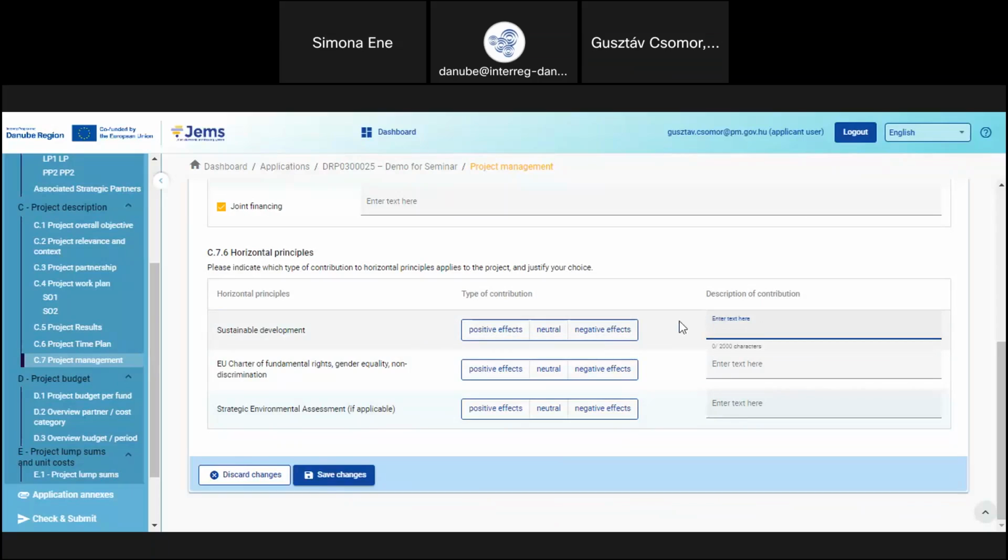And then explain in detail. Please don't be too general and don't put commonalities here, but be project specific regarding the respective horizontal principle. And as a third point is related to the strategic environmental assessment, in case that would be applicable in connection